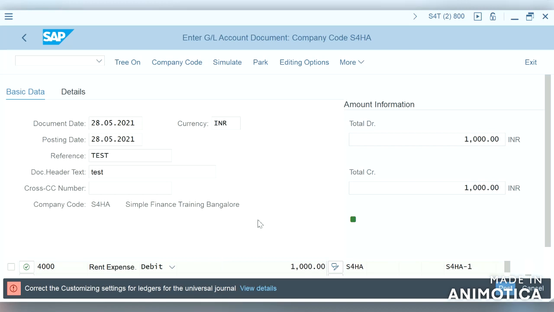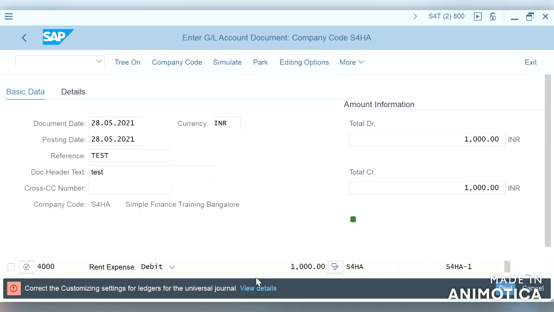So after rectifying the cost center creation and exchange rate updation, and the document splitting item category updation, we got a new error: correct the customizing settings for ledgers for the universal journal.